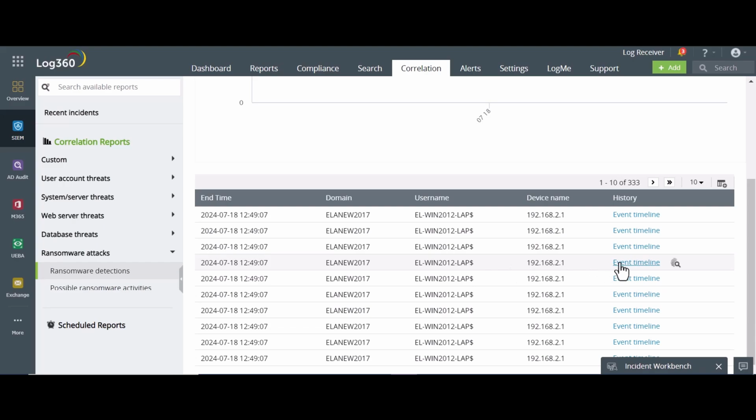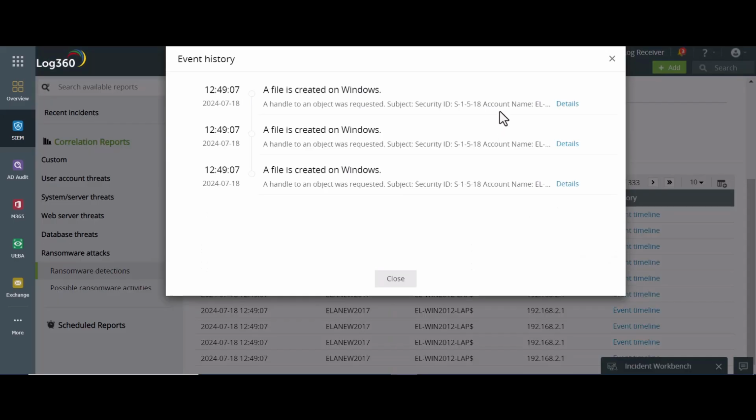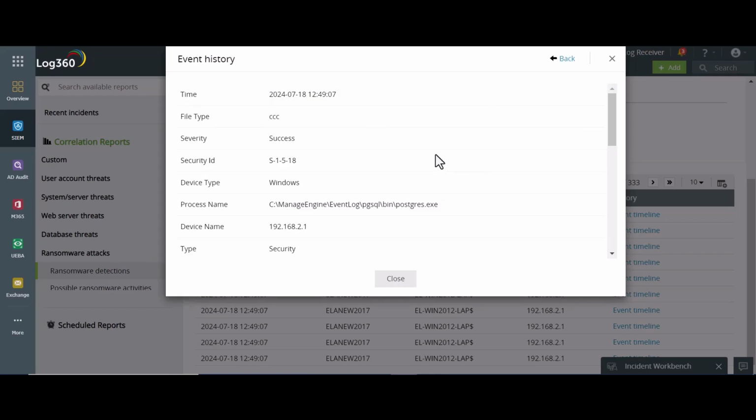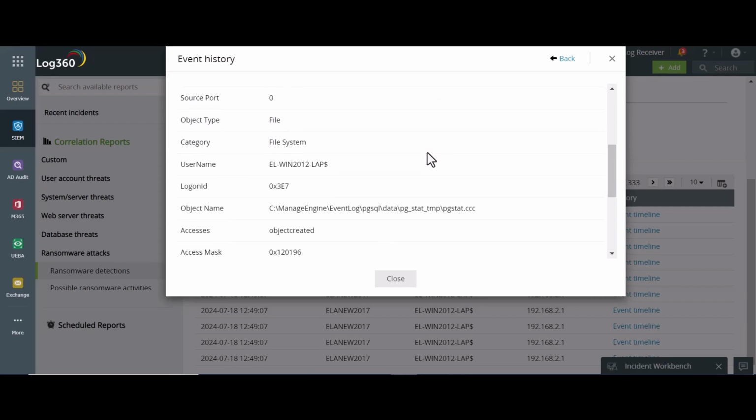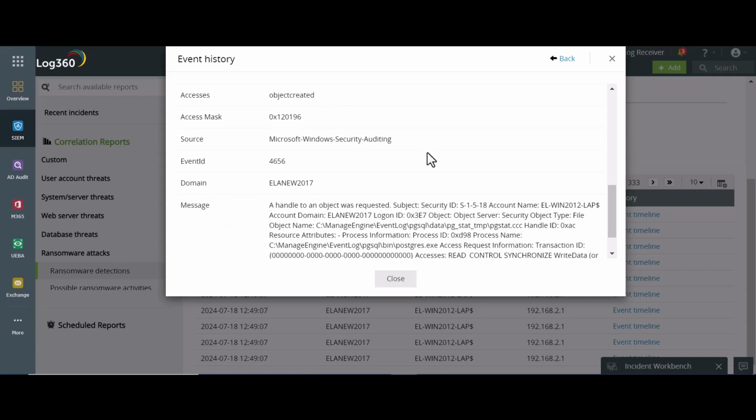Click Event Timeline to track the entire sequence of events responsible for a generated alert. Click on Details to learn more about the individual events such as file type, device type, process name, logon ID, object name, and event ID.